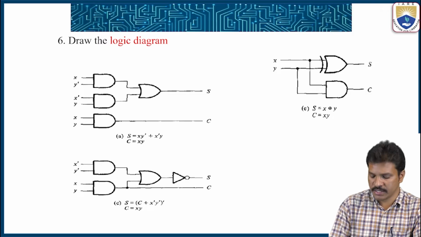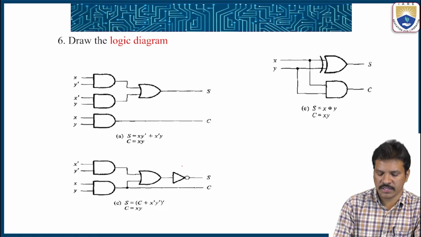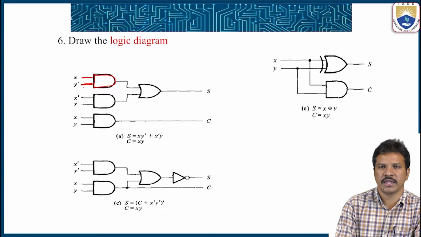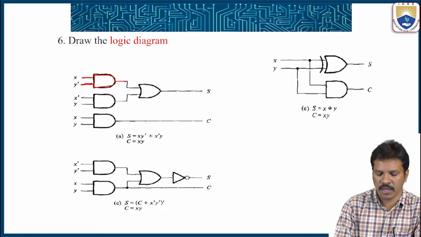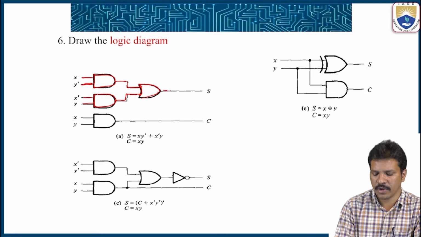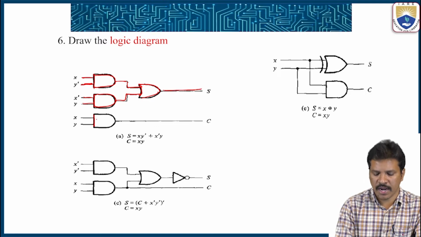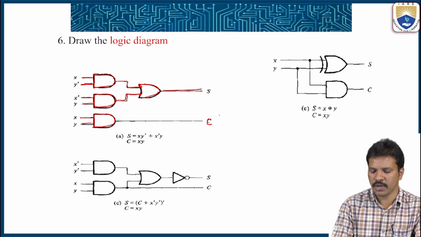It requires 2 AND gates and 1 OR gate, when we represent the complemented variables as they are. For x y bar, take an AND gate with x as one input and y bar as the other input. And x bar y is represented by another AND gate. These two AND gates are connected with a simple OR gate, and we can connect the sum. And carry requires only one AND gate, because with x and y as inputs you get x y. In this way you get sum and carry.